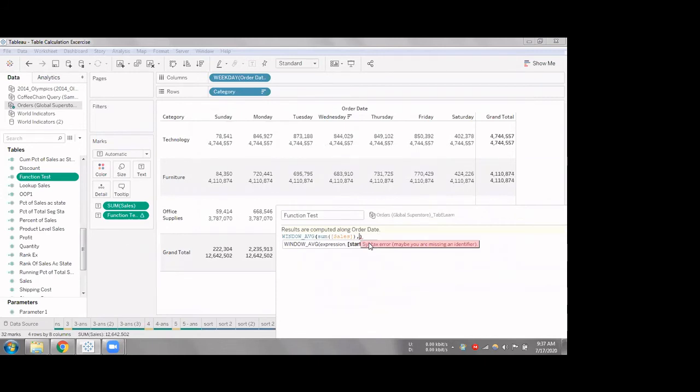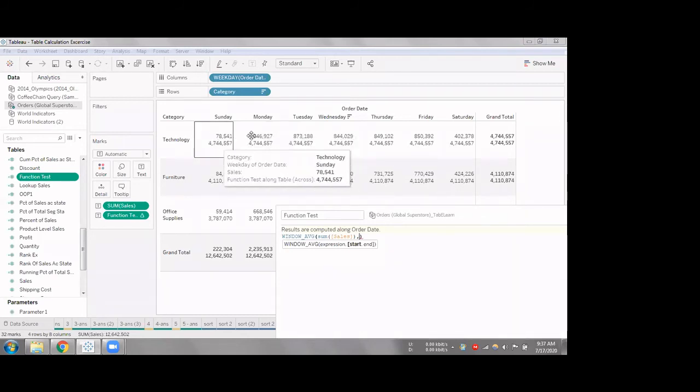So I have obviously my window average, my sum of sales should be my first parameter, then my start and end. If you think about how the calculation works, when I'm here, my start should be 0, my end should be 0, because my calculation should both start and end in the same cell.